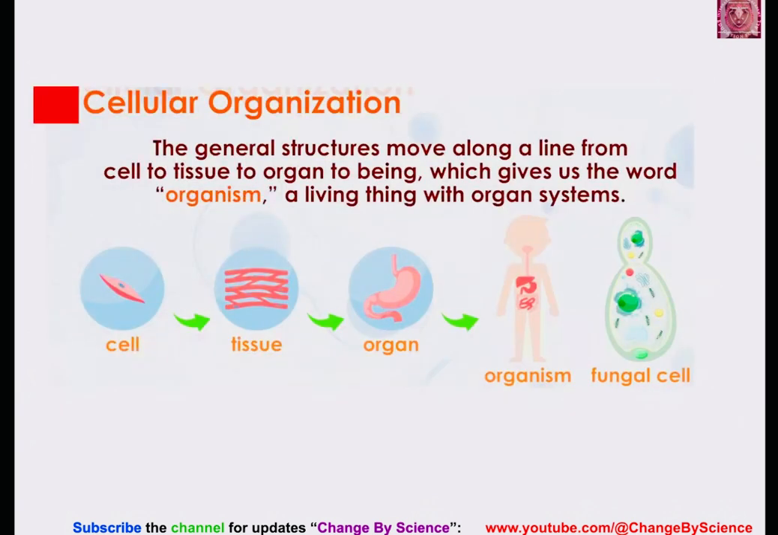Now, cellular organization will be the next topic I will be discussing. The general structure moves along a line from one cell to tissues to organs to being, which gives us the word organism, a living thing with an organ system. So here you can see cell to tissue, tissue to organ, and organ to organism, and finally a